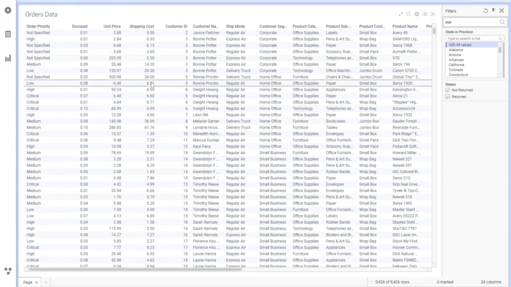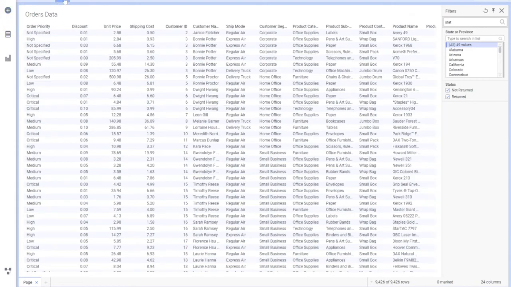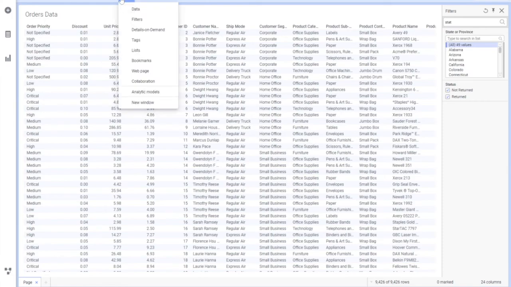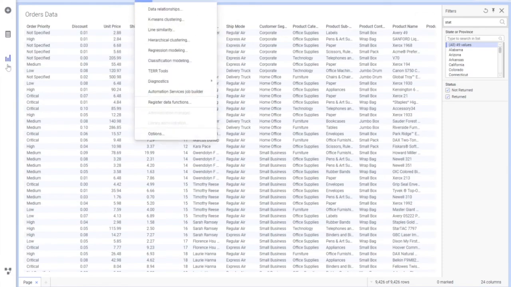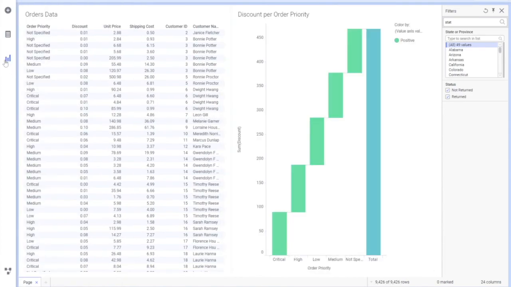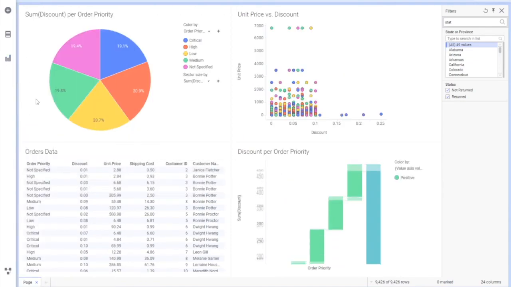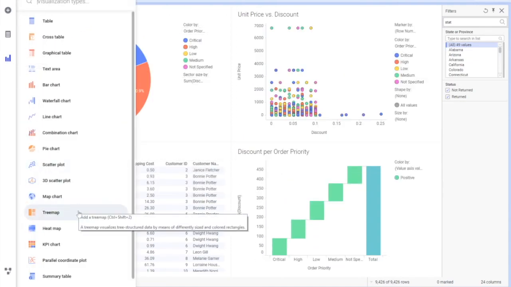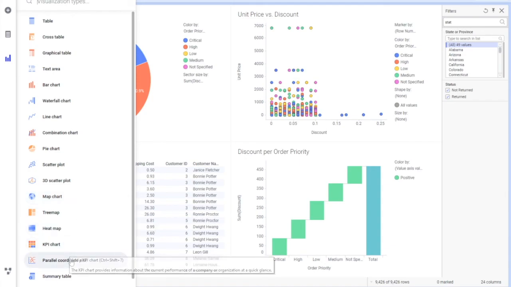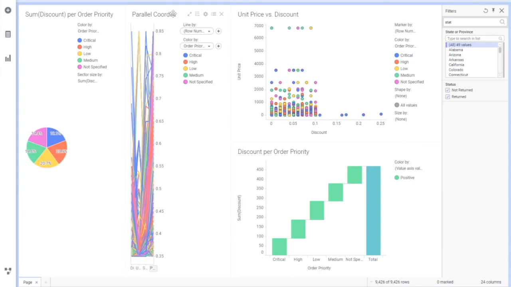Then there are a lot of things, calculations and all that. So we'll be having many calculations. We have all these properties and everything. So this way we can utilize all these things, and here you can create any of these charts. You have waterfall chart, pie chart, scatter plot, tree map charts, heat map, and parallel coordinate plot, another very important analysis which you can perform.